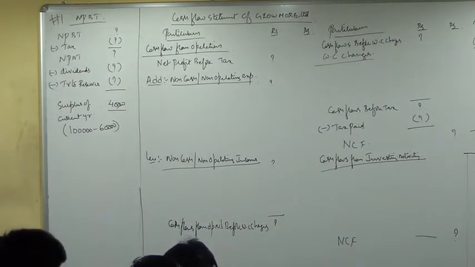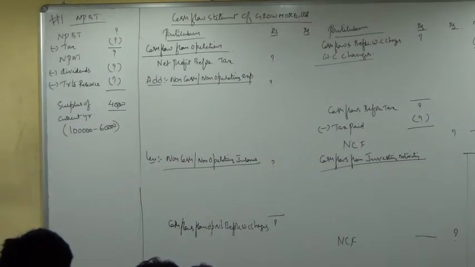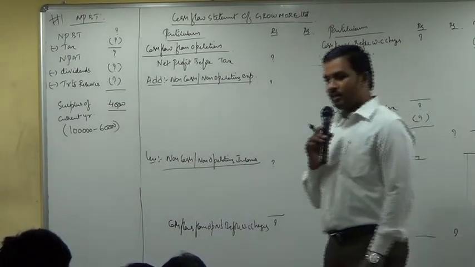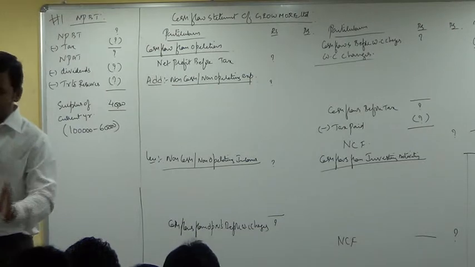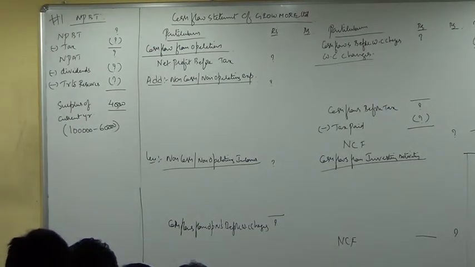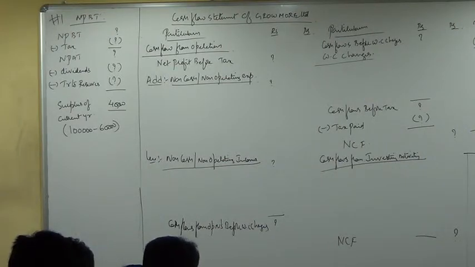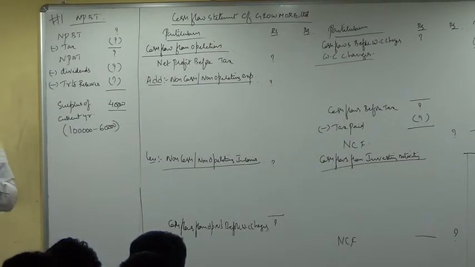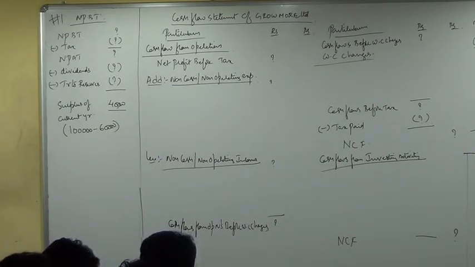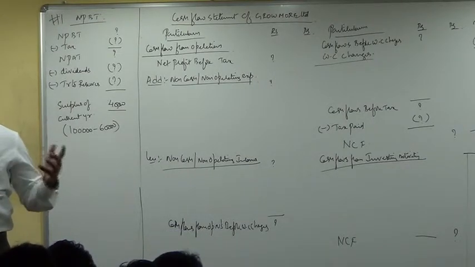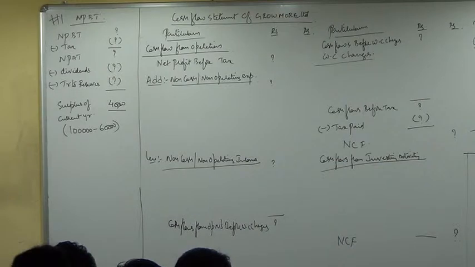So what have you compared? The profit and loss account, opening balance and closing balance. Okay, no problem. We will not change our approach. We will continue by the same approach which we have been following. Start one by one items from the balance sheet. See the first item in the balance sheet, share capital. Opening balance 8 lakh, closing balance 10 lakh. Share capital has increased. Read adjustments. Do you have anything given relating to share capital? No.